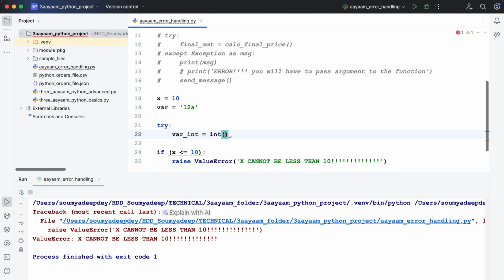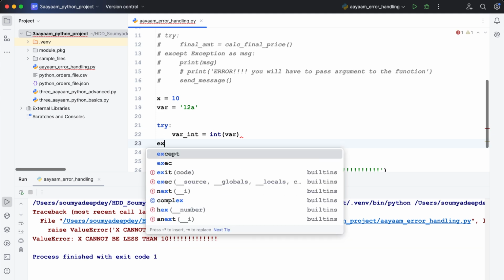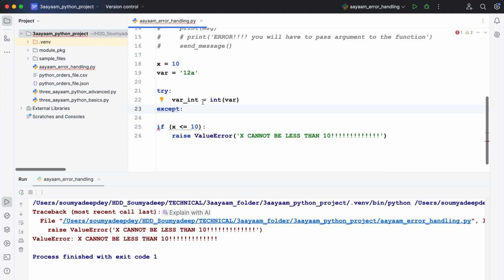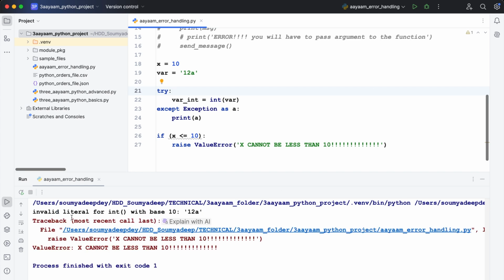I'll use the int function and var. So now you know that it's a problem, but it's an internal Python problem. So you can use exception as maybe a, print a, which is fine. Now this is a Python related problem. Now if I execute this, it will give an error saying that invalid literal for int with base 10 1